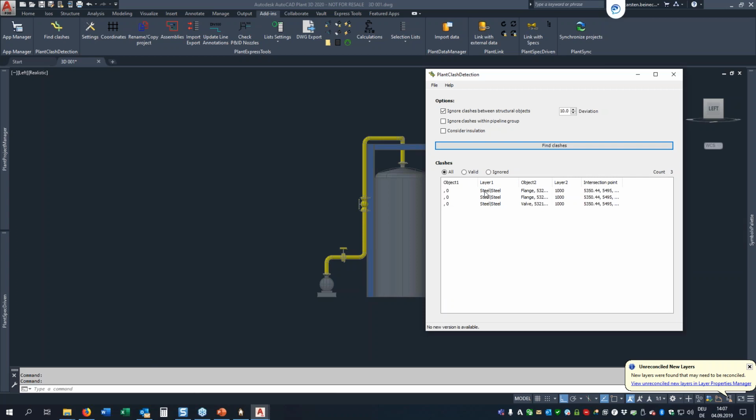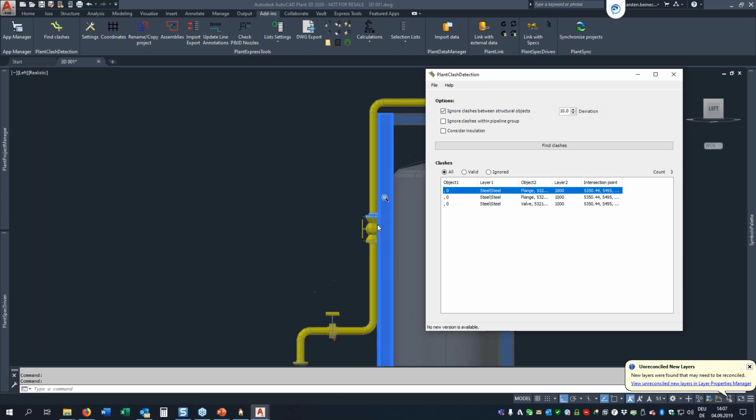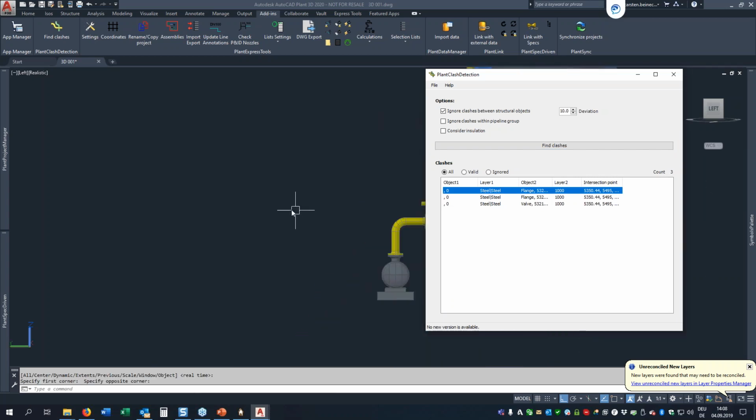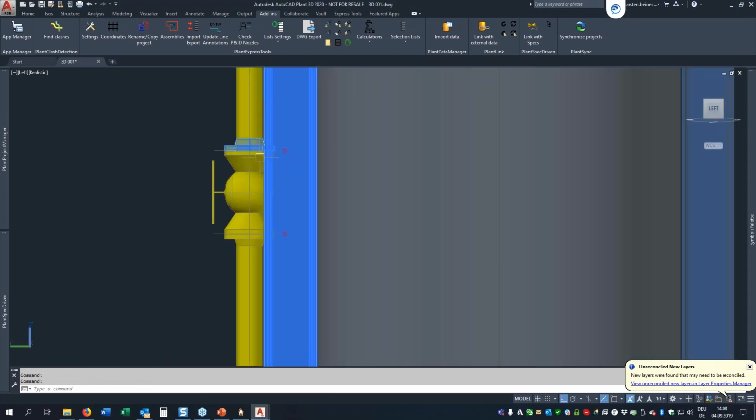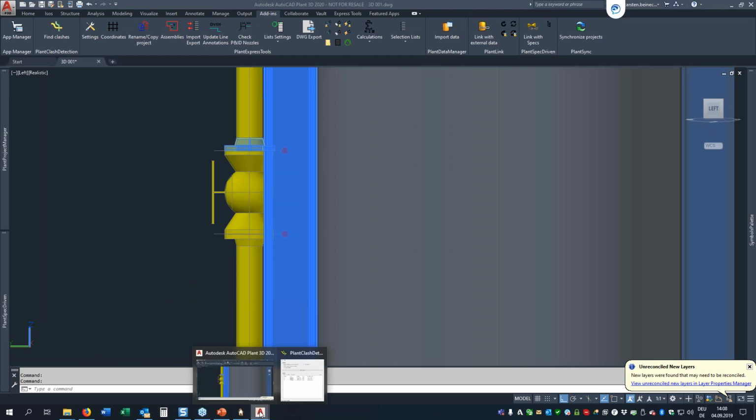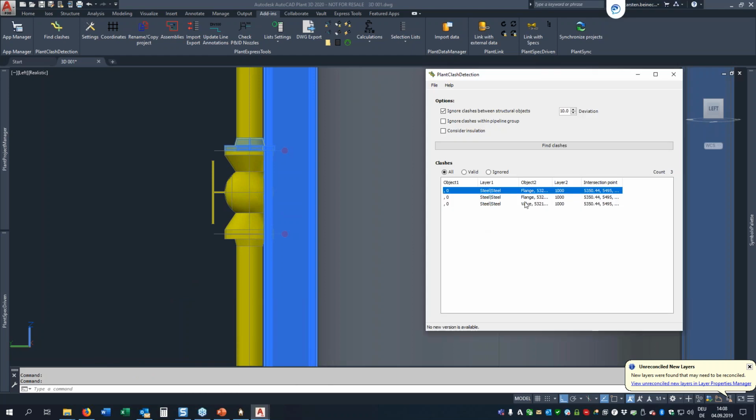Let's go back. So if I make a double click, it will automatically zoom on the object. What's happening here? So you see the clashes here, and of course we have the clashes between the two flanges and the valve. So they are listed here. You see the layer name. In this case, it's a line number. The steel is XREF, so there is no